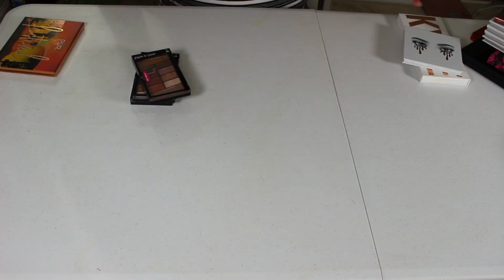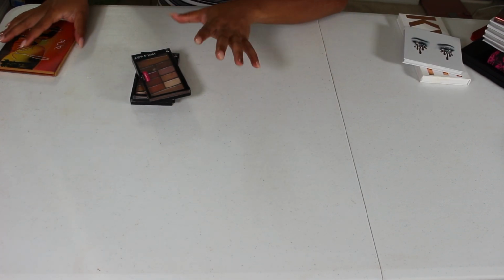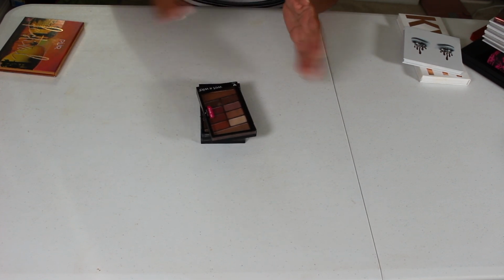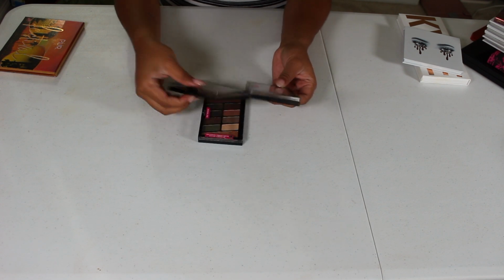How about that? So this is why I have to open everything up, because I'll mess around and be like, I'm gonna keep it, and then I look at it like, girl, you don't need that. So this is why I gotta open them all up. These now,